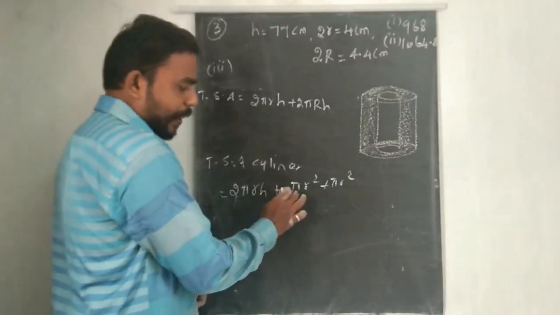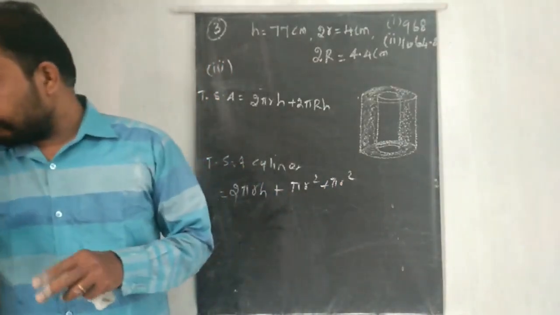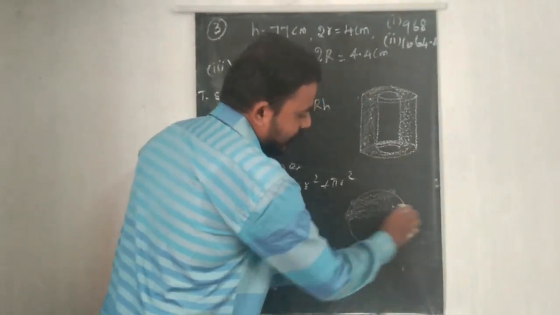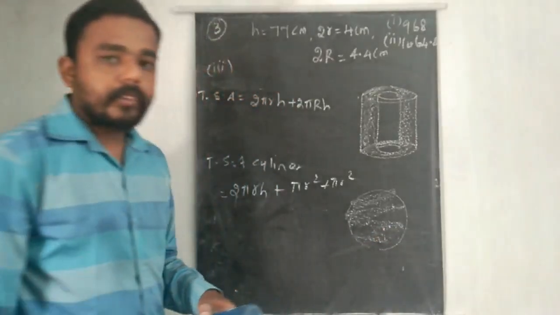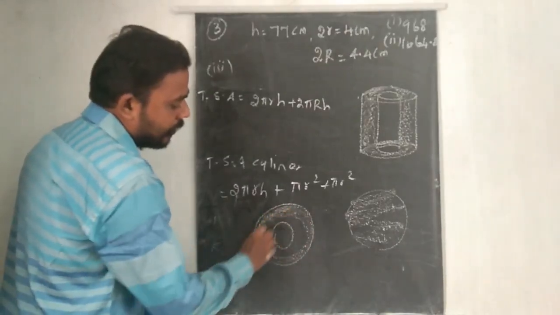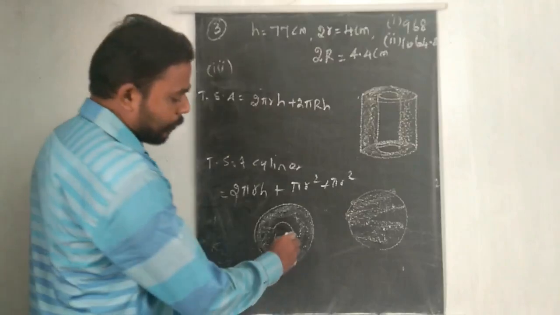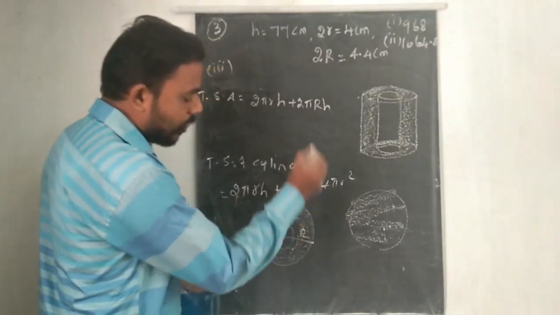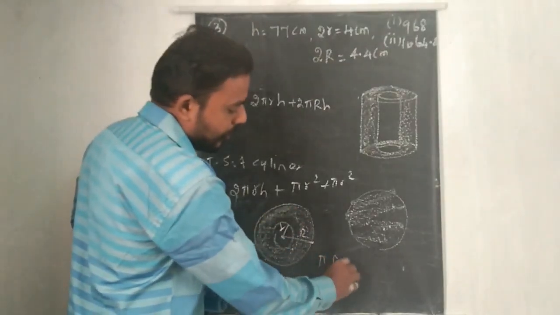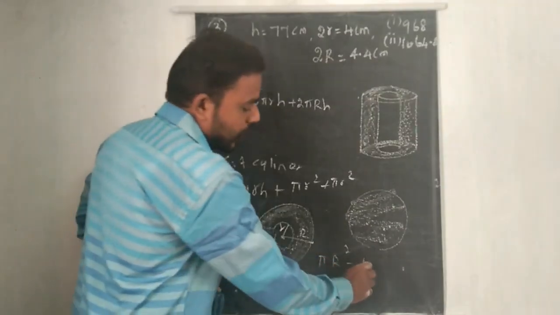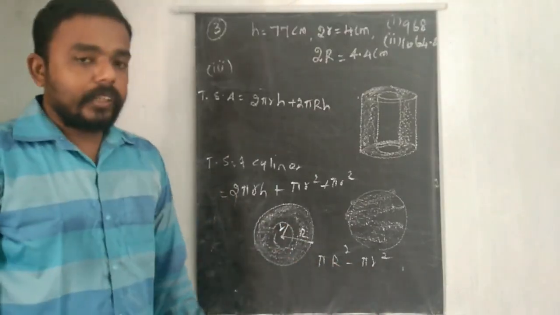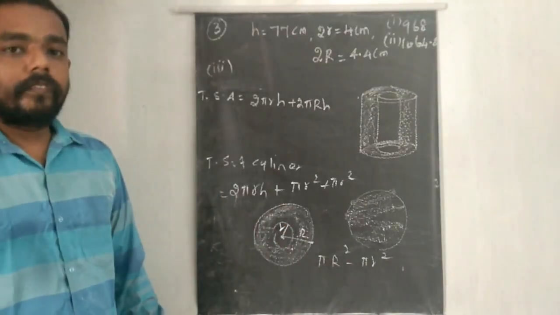Pi r squared means the top view and the bottom view. This view is a total circle. Just look at that. This is the circle, and this region is pi r squared, the area. Now come to this. Now we have a hollow cylinder. This is the saddle region. Think about this: this is your capital R, and this is your small r. So this area is bigger. The area is pi capital R square minus pi small r square, so pi times capital R square minus small r square. We have this idea.